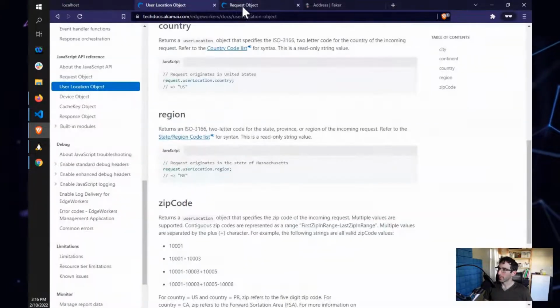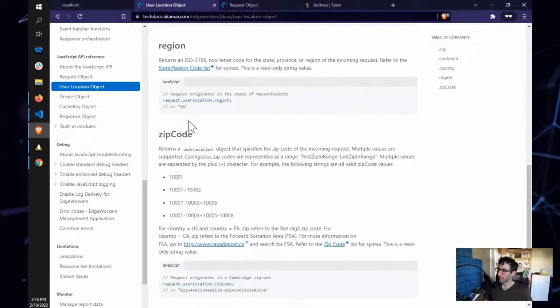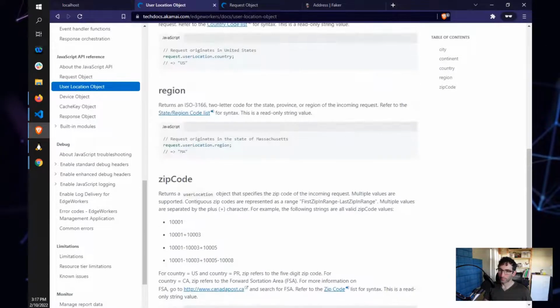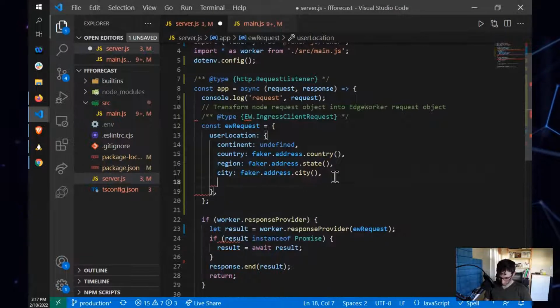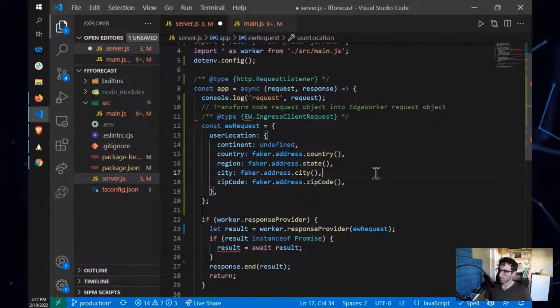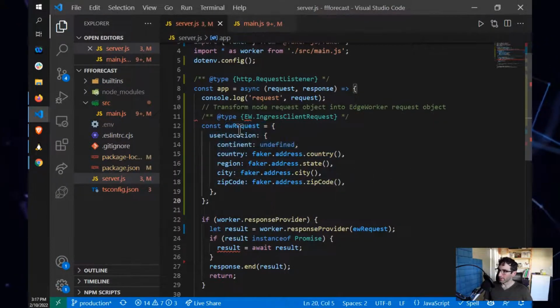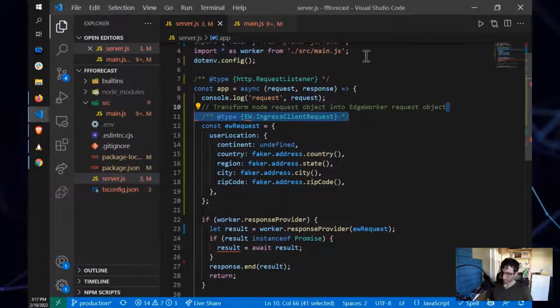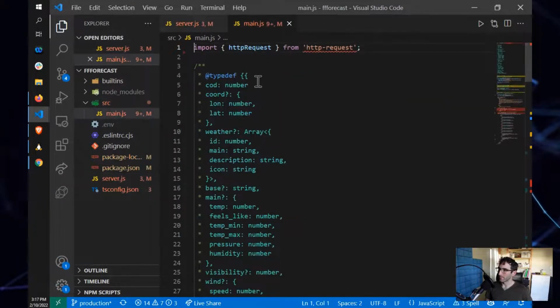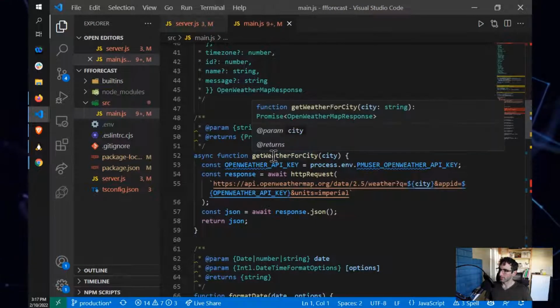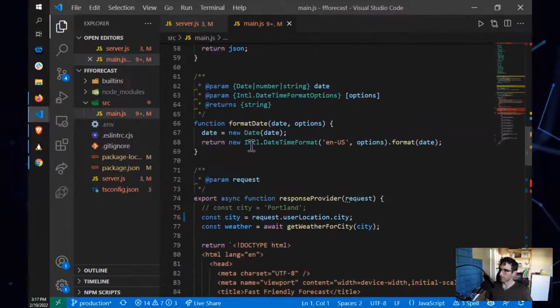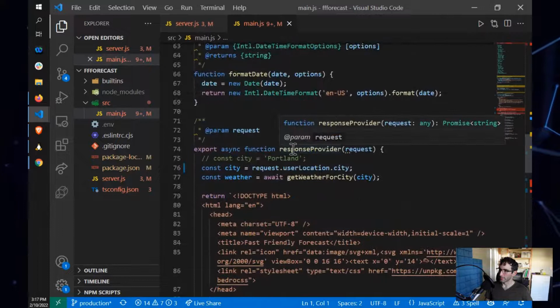What are the other things that we have available to us? Zip code, and that's it. City and zip code. Cool. So this is our edge worker request. It's being passed in to our response provider. I'm going to copy this guy really quick and say that this function, no, not that function. This function